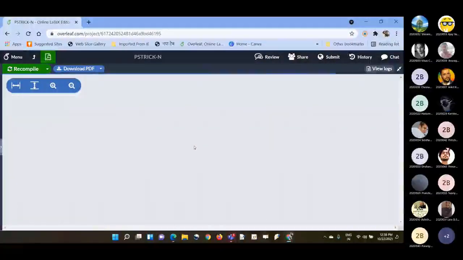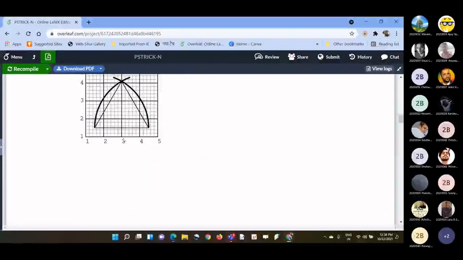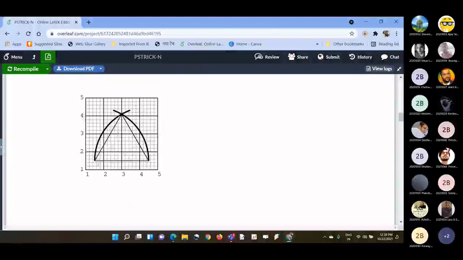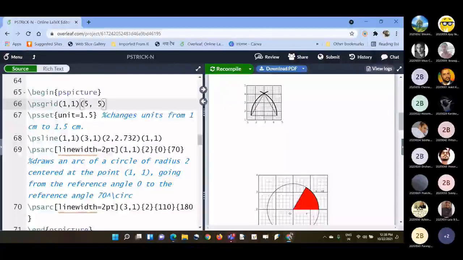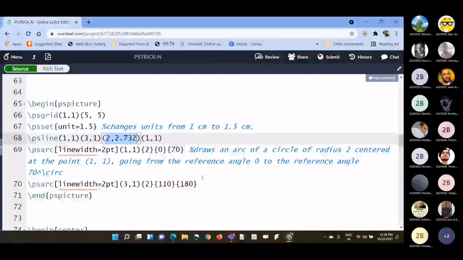Now you can see where 1, 1 is, and 3, 1 is there, and 2, 2 point something is there. All these you can see. Fine. Let us see next.